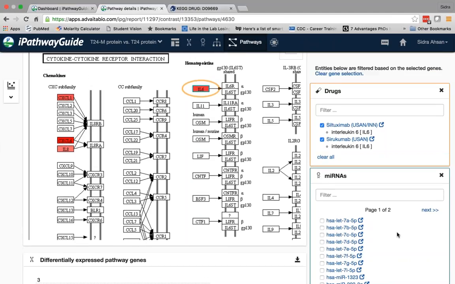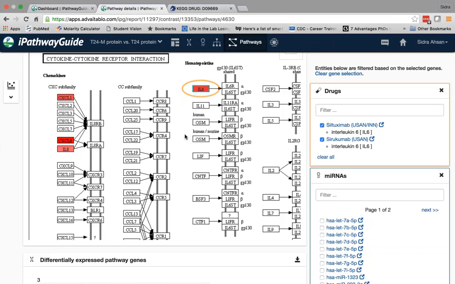So really quickly, I was able to obtain a lot of information from the same exact application. Instead of having to go to any outside data sources, I not only identified IL-6 as a therapeutic target, because both mRNA and protein levels are high for IL-6, but I also showed you how you can target IL-6 on 2 different levels: protein via drugs, and then the mRNA via the microRNA.